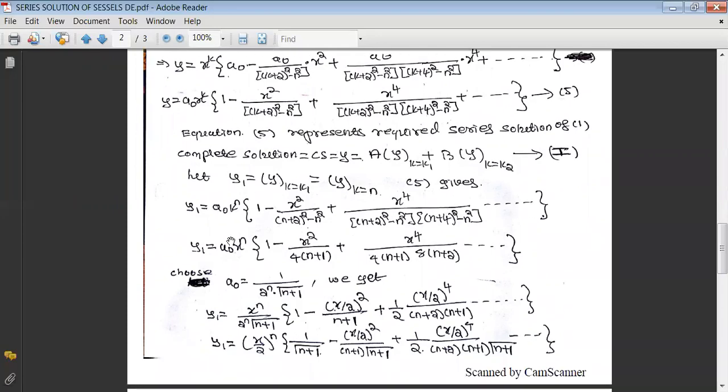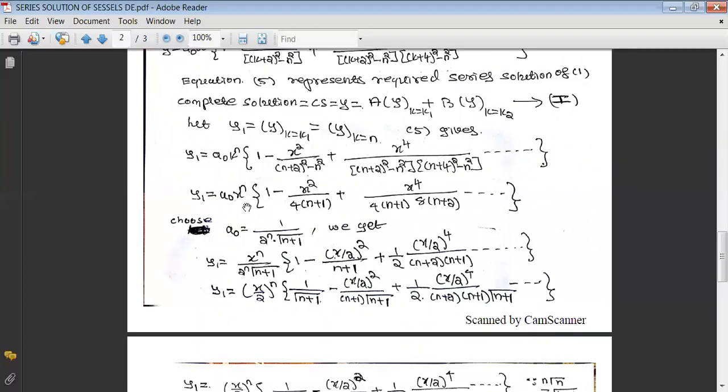Now, if you simplify, this becomes a naught into x raised to n. Once you go for a simplification of this one, this becomes n square plus 4 plus 4n. N square will get cancelled. If you take 4 as your common term, that becomes n plus 1. And again, if you square this, n square will get cancelled, that becomes 4n plus 4. 4 is taken common, you'll get n plus 1. In this case, once you square this, n square will get cancelled, that becomes 8n plus 16. If you take 8 common, it gives you n plus 2.